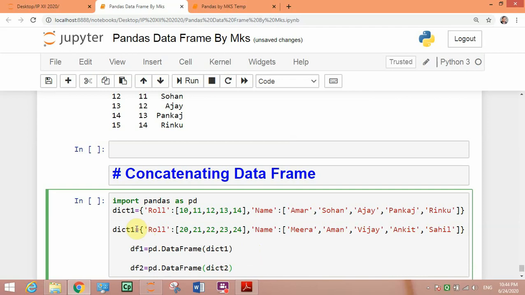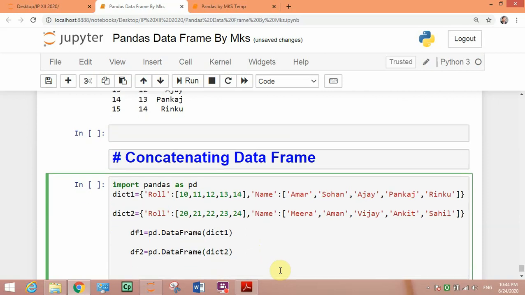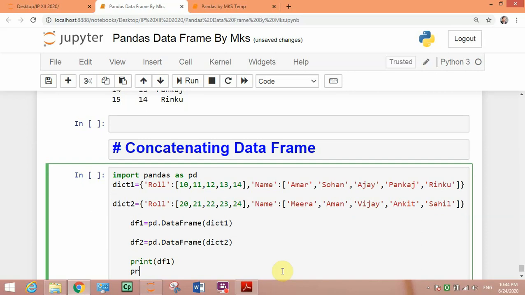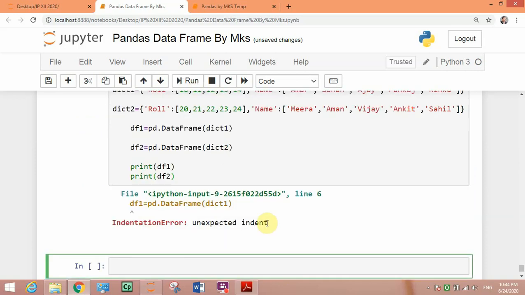Here also we will change dict2 because two dictionary cannot be same. So, now if you print this one, print df1 and print df2, so you can see output here.